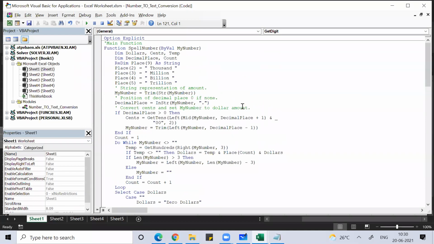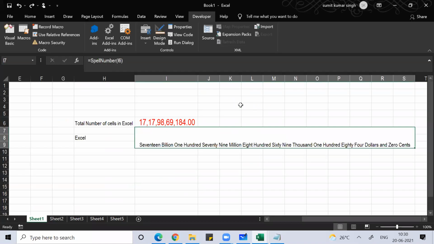In place of dollar, 1 minute guys. So 17,179,179 okay, then 80, then 869,184, 184 and 0. So if I try here,